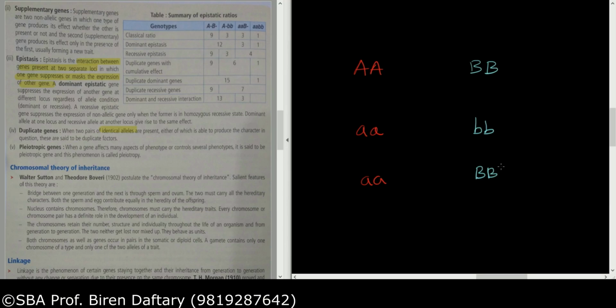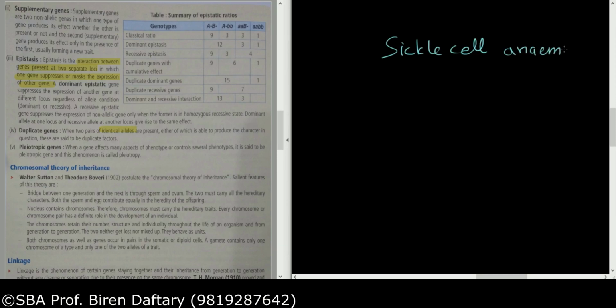So that was the fourth example of intergenic interaction, and the last example is already given in your book. I have already made a video lecture on that, pleiotropy. Just to brush up, the example given in your book for pleiotropy is sickle cell anemia, and what is important to remember in that is the two genes. The normal gene is HbA, and people who are suffering from sickle cell anemia or who are carriers have the defective gene which is HbS.